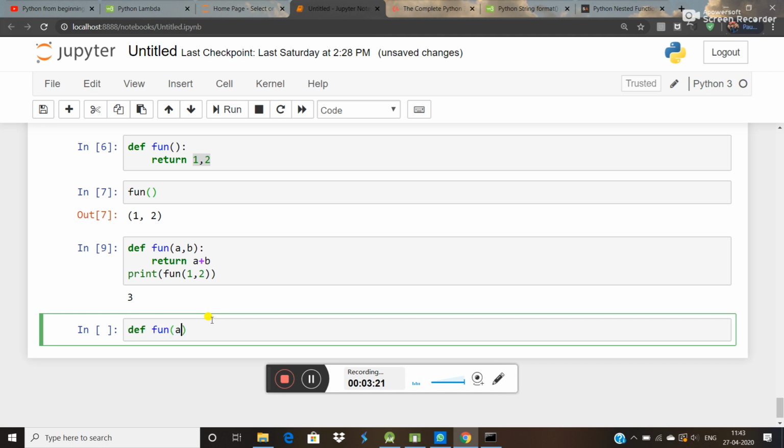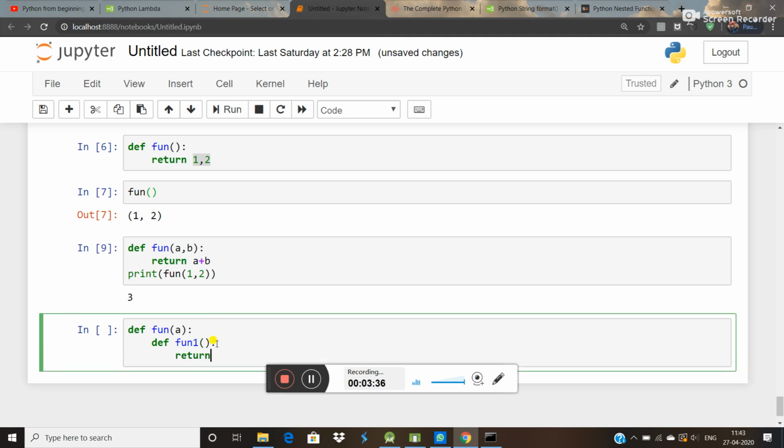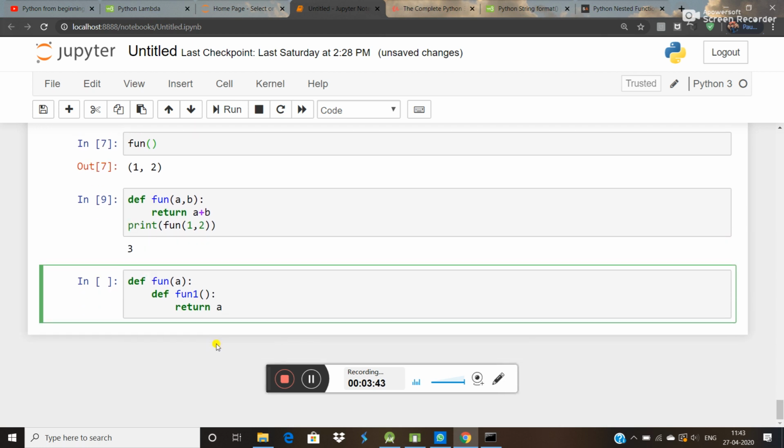Fun, here you write a, and here you have one more function, named fun1, and here you give the value. And if you want to return this, you can write a. In Python 3 you can also write the semicolon and there is no error, because in Python 3 it is allowed. So now you can run it.